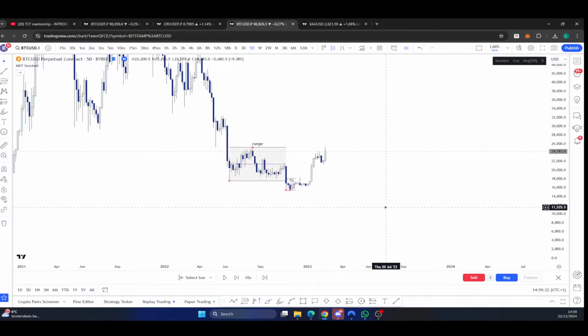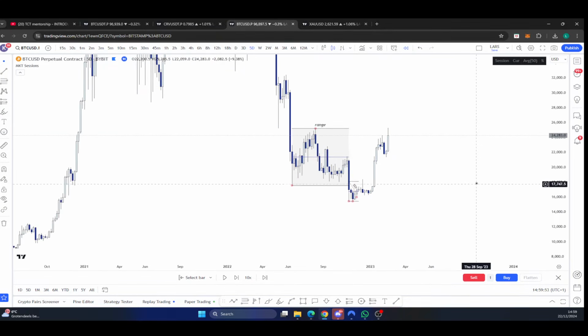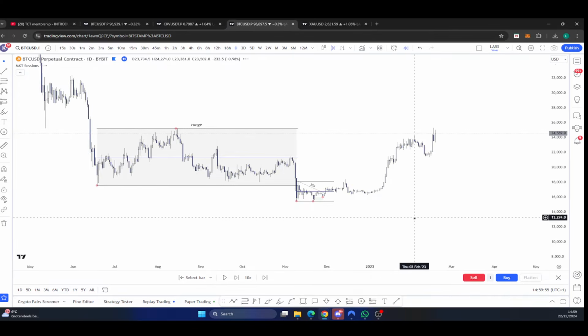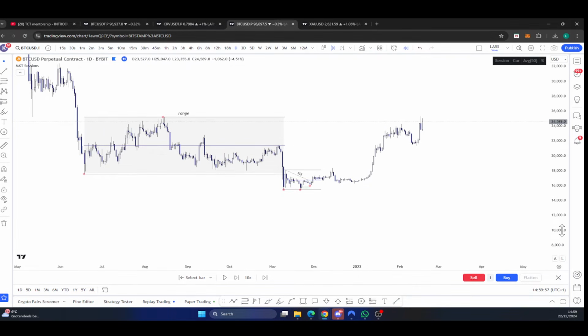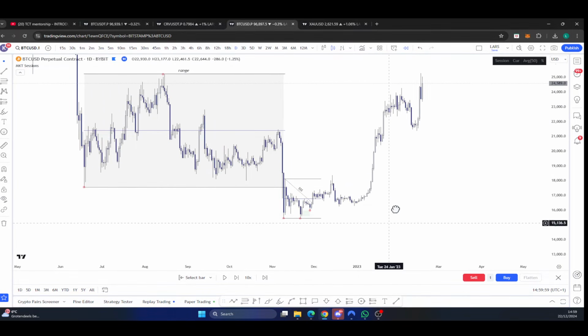However, I want to show you everything and not just the picture perfect textbook schematics. So if you are in key POIs where you're expecting a potential high time frame bottom and then you have a good range formation and you're meeting the requirements, but the return to zone isn't the best, you can still use it. Okay, so right here, the range wasn't meeting all the requirements from a return to zone perspective,